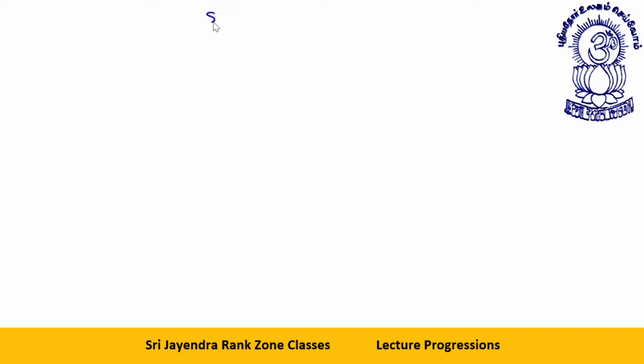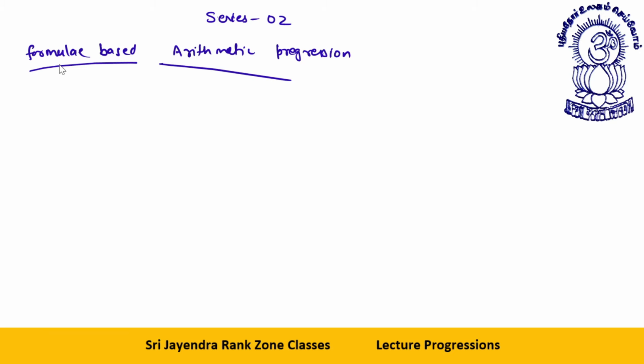So, dear students, let's start with class 2 of the topic series. Today, I will be discussing primarily arithmetic progressions, formula based. Yes, in the previous class, we did arithmetic progression based on shortcuts. Arithmetic progression, formula based AP. Yesterday, what we did was purely logic, and we could solve the questions. Even today, I will be using very little formulas, but here we will have to use a bit of formulas. So let's start with it.